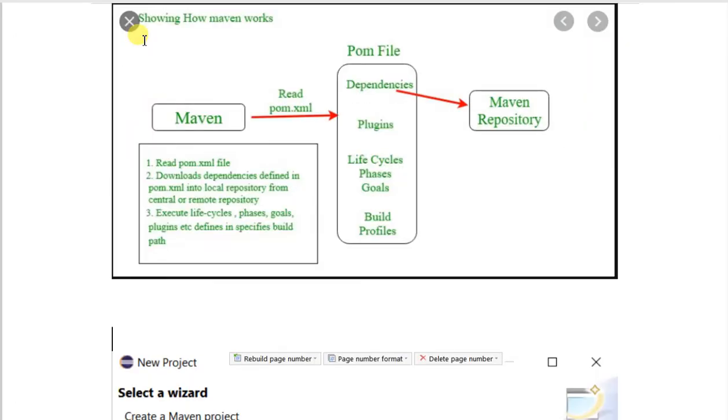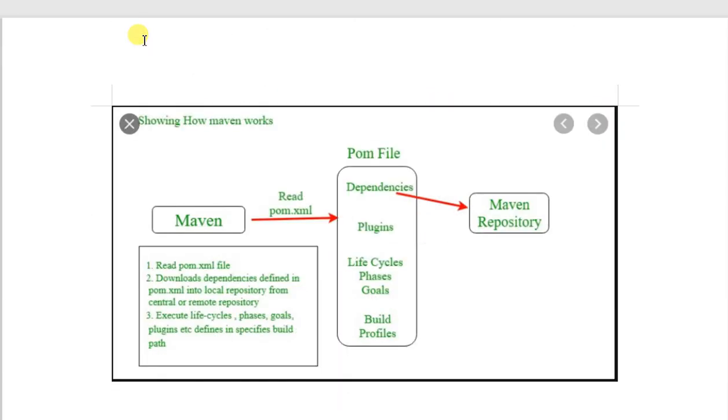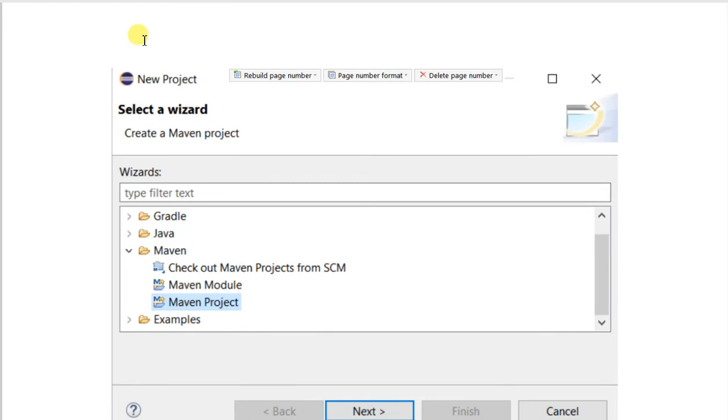This is what the flow looks like when we are working on a Maven project. Let us go through the screenshots. When creating a project to write our test scripts and automate the test case, the project type earlier was a Java project. Now if we want to integrate Maven, it must be a Maven project. We need to create a new project and the type should be Maven.